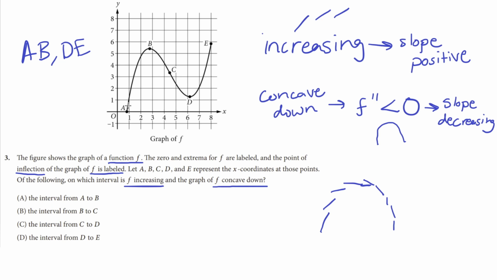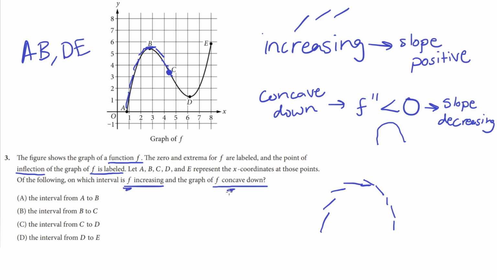So looking at this graph, we see here the tangent lines are getting less steep until they get to B, where they become 0. They went from some positive slope, they keep getting smaller and smaller, until they get to 0 at B, and then the slopes keep getting smaller until they reach about point C. This is the point of inflection, which is where the second derivative is 0. And this is the transition point between the concavity of the function. So we can see here that from A to C, the function is concave down. So that means that from A to B, the function is both increasing